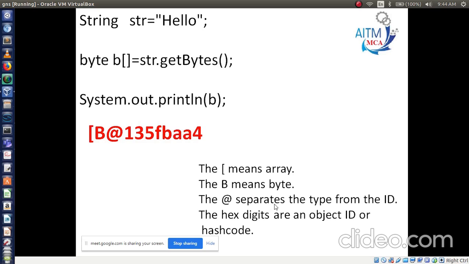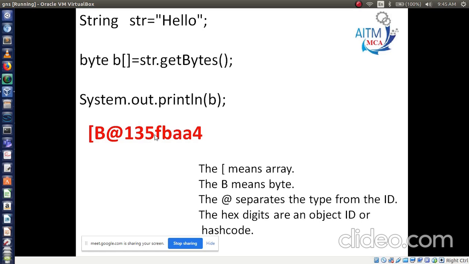It separates the type from the ID. Separating the type from the ID means it separates the ID and the hexadecimal. After this at, we have numbers and some letters, right? What do these represent? These are all hexadecimal digits of an object ID or hash code.